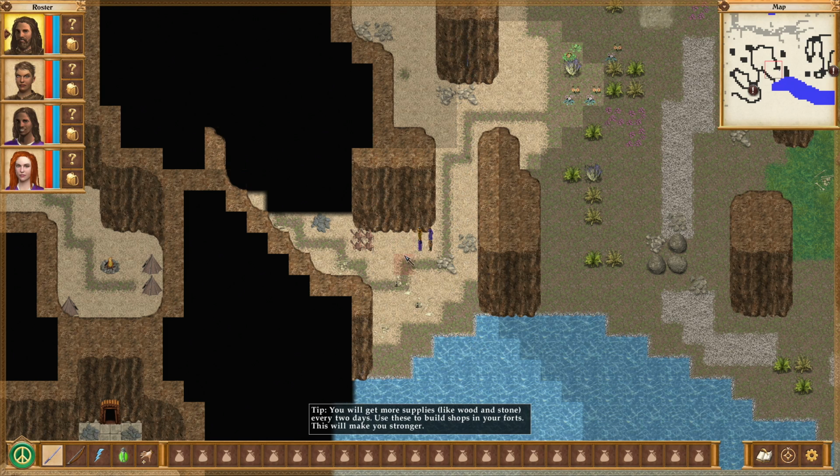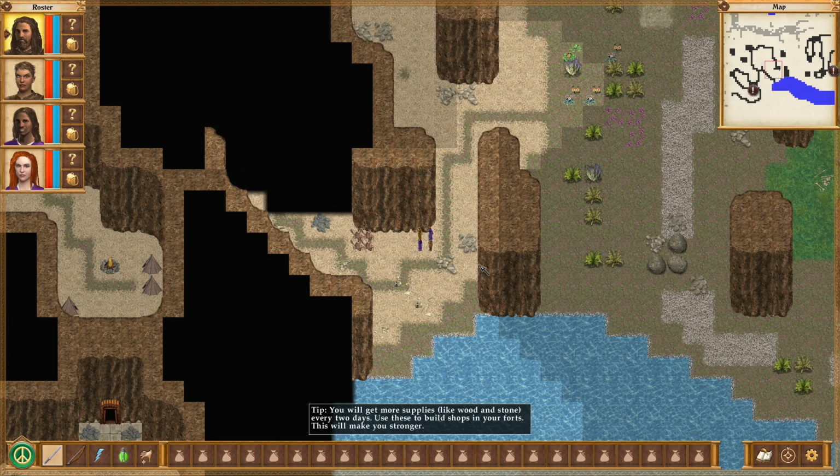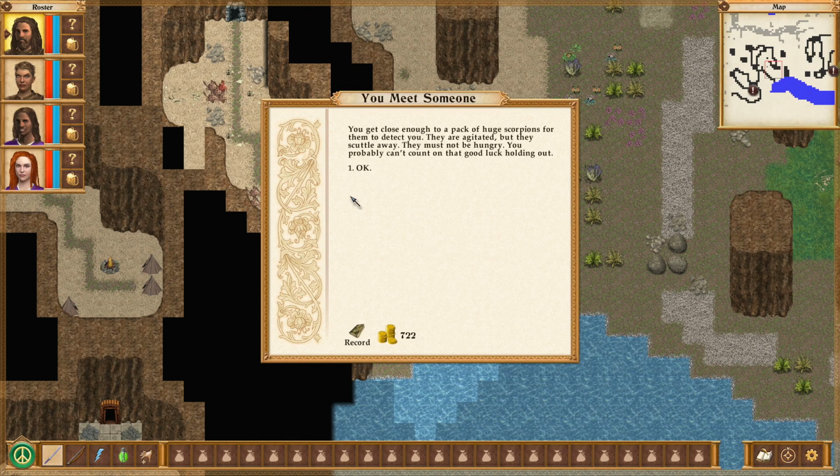This is Griddle RPG as usual, and I'm very happy that you chose to join me today as we explore, I believe, the southern edges of our current place. So we've been to the Neil's Manse, we've been pretty much everywhere, and we're hunting these crabs. They're running away from us. You get close enough to...